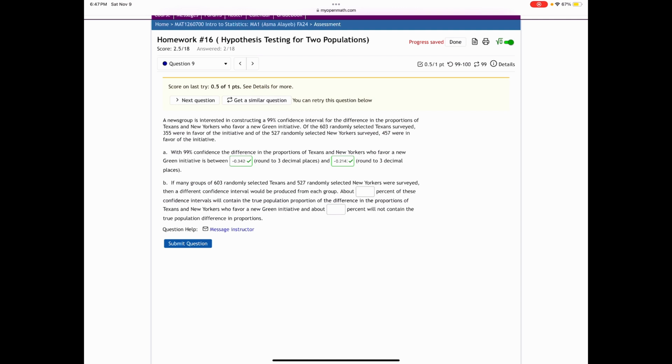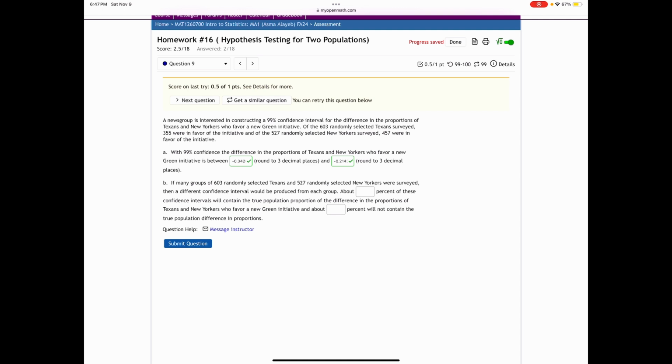About blank % of these confidence intervals will contain the true population difference in the proportions of Texans and New Yorkers who favor a new green initiative, and about blank % will not contain the true population difference in the proportions. So what this statement here explains is basically the meaning of the confidence interval,